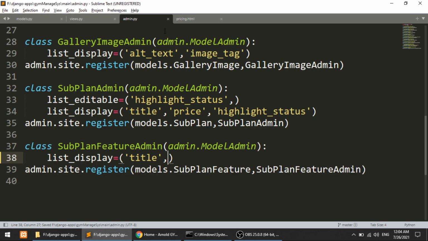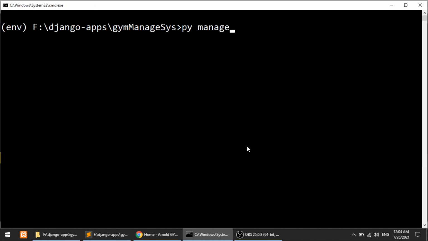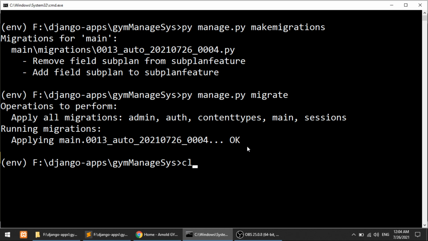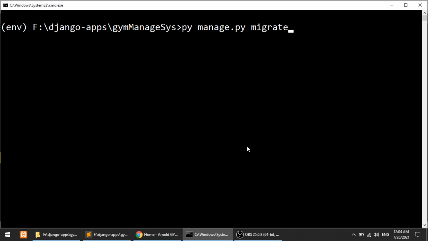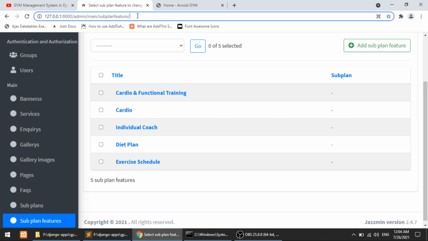Let's migrate this: py manage.py makemigrations, and now py manage.py migrate. It has been migrated. Now let's run the server and go to the subplan features.